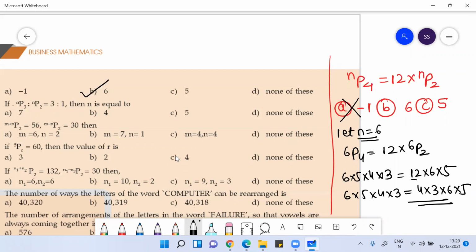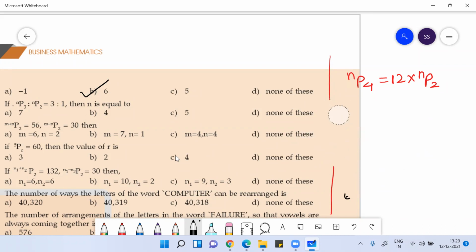If you want, you can solve this also, but again, it would be a cumbersome process. Instead, if you can do it with options, it is always welcome. Clear, everyone? Any doubt? If you say no, do it by solving, I don't want options. So you can solve it by solving.